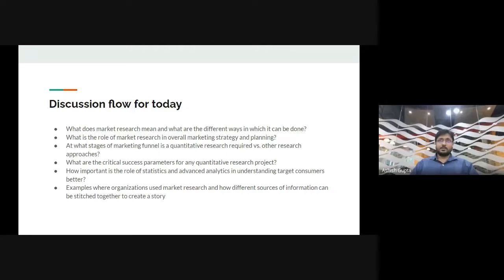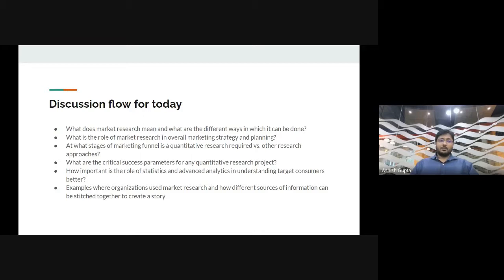Because it has to fit somewhere in terms of how companies take a decision and at what stage of the marketing funnel they take a decision. We'll also try to understand what some of the critical success parameters are for any quantitative research project,